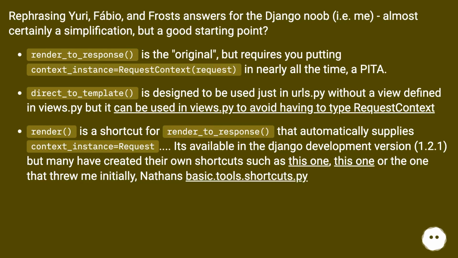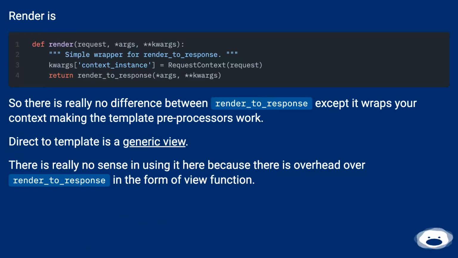Render is a shortcut for render_to_response that automatically supplies context_instance=RequestContext(request). It's available in the Django development version, 1.2.1, but many have created their own shortcuts such as this one, or the one that threw me initially, Nathan's basic.tools.shortcuts.py. Render is